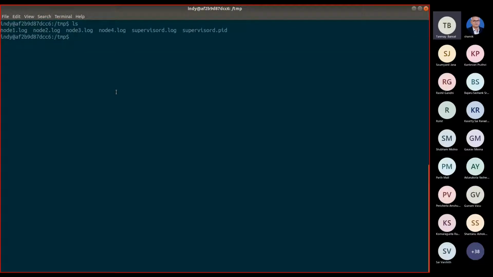Now let me just say here that this is just a demo Indy network. Ideally, in a real Indy deployment, these 4 nodes, or whatever n number of nodes, will all be maintained by independent entities, independent authorities, and in separate hosts, separate systems as well.